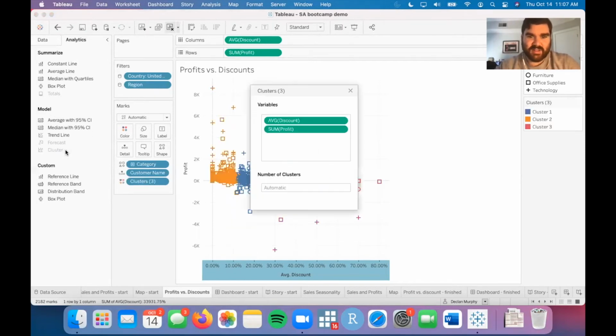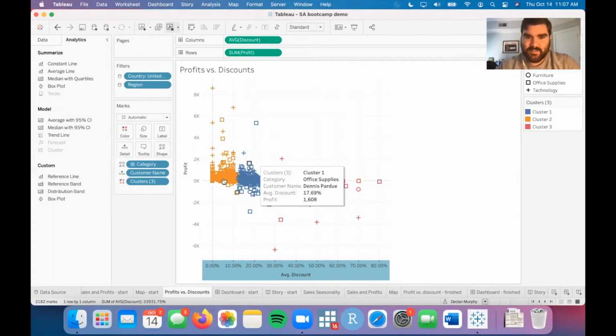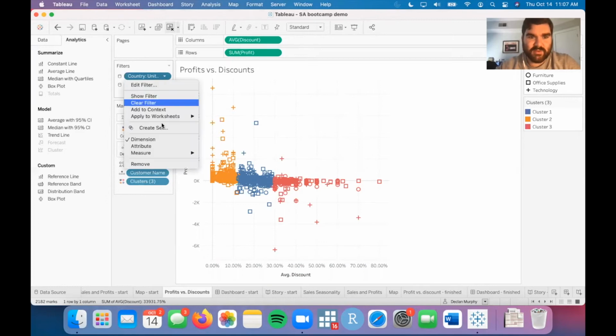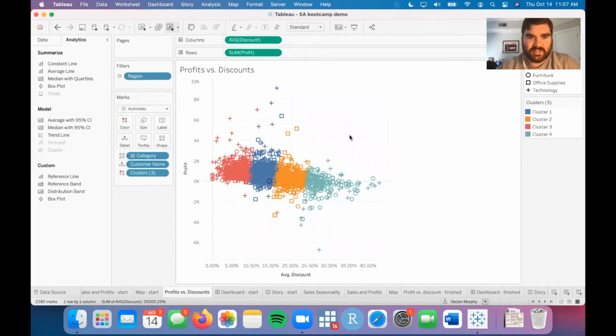So double click on cluster, and it creates these clusters of different customers, right? And we want to go ahead and make this for all of our customers. So we're going to remove the filter that was on here previously for the US. But great, now we're looking at all our global customers. We have 4 different clusters of those